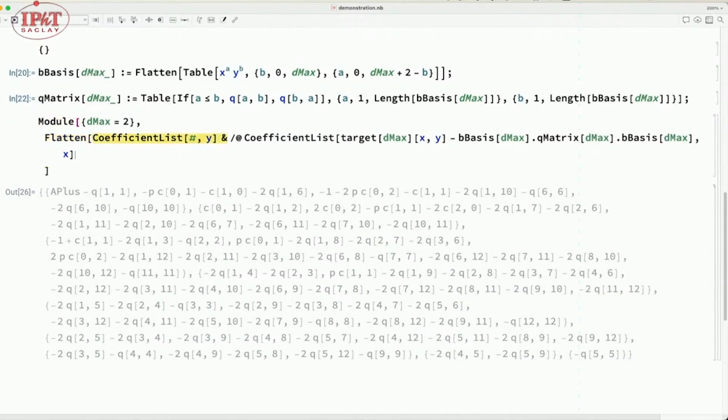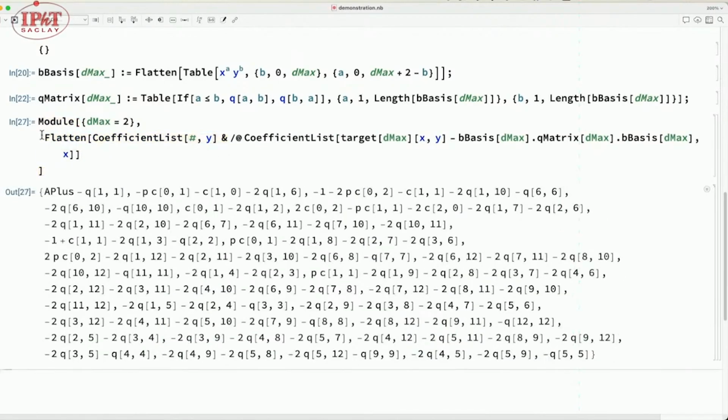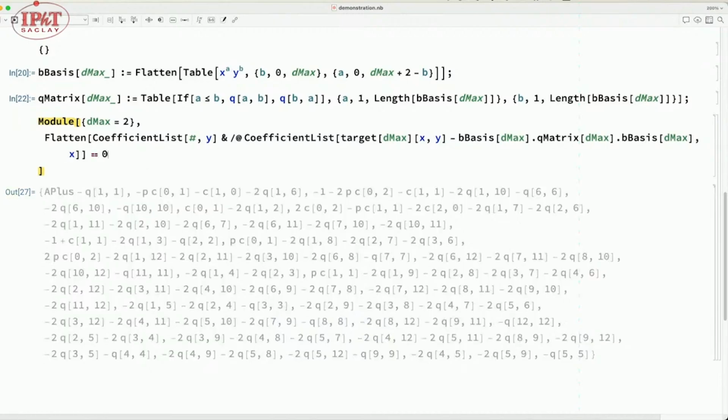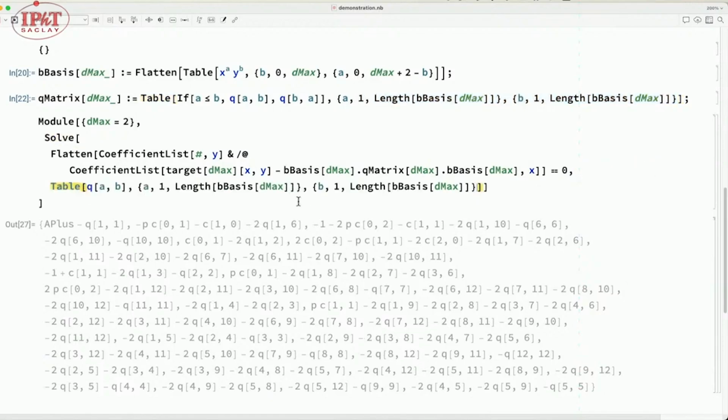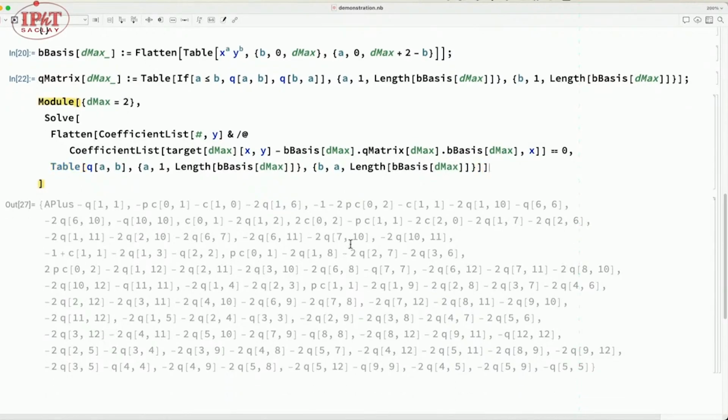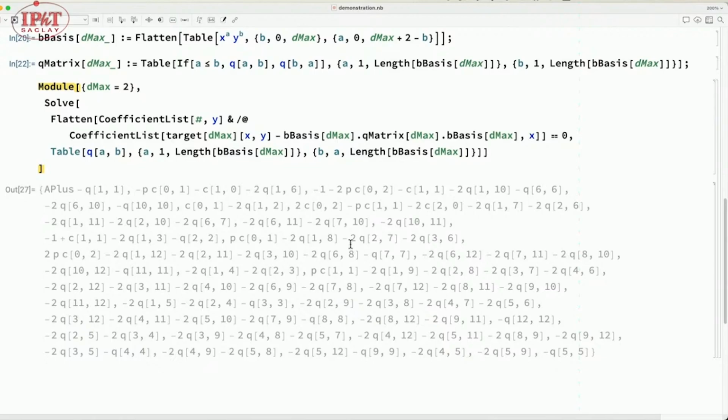And I'm going to flatten it to just make a vector out of it. And now I'm going to set this equal to 0 and solve the system of equations for the set of q's. Okay, so now we are going to write the q, a, b, which are the variables that we are trying to solve for. But I just need them to be symmetric, so I guess I can start B to B from A. Now it's an undetermined system, so not all q's are going to be fixed by this